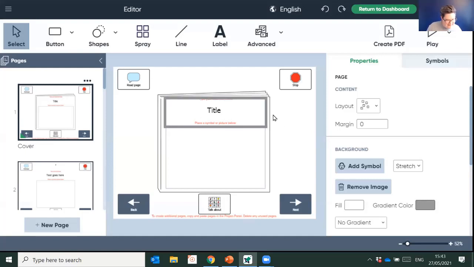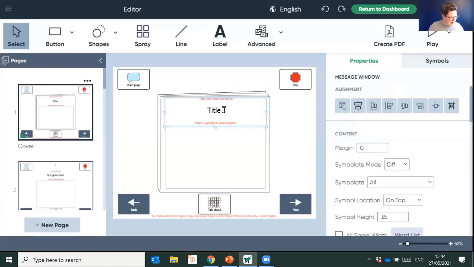So let's say that in my classroom, we've been looking at word endings. So we've been looking at those rhymes, and we've been focusing on the OW ending. So I'm going to create a book that's going to give me lots of opportunities to look at, read, and practice those words. So let's do how, now, round,